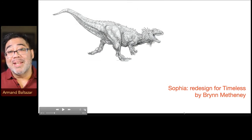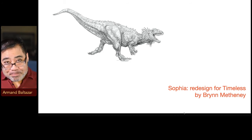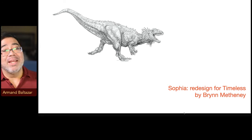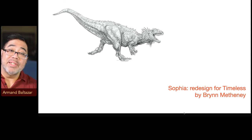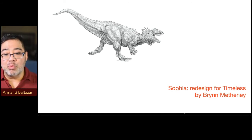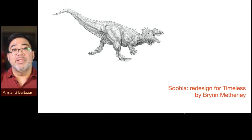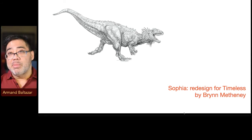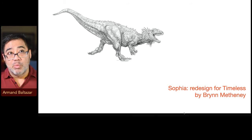Now, what you're looking at here is one of the phenomenal drawings that Bryn created. When she was creating these dinosaurs, I had told her that I wanted to keep the gesture, the composition, and the storytelling how I had it, but that I wanted to update it with a cooler, different take on an Allosaurus. She started to create a bunch of concept sketches for what it could be. She started developing ideas with me, and she came up with this fantastic idea about steering the Allosauruses to resemble